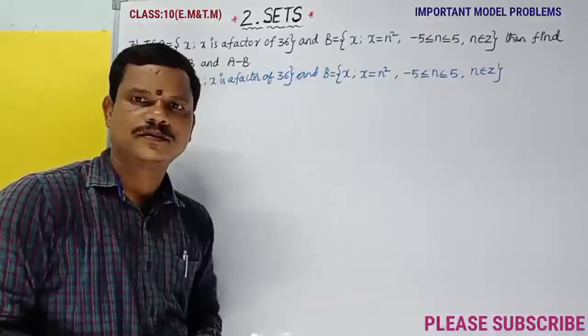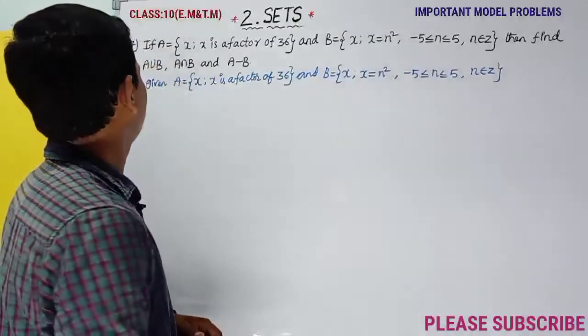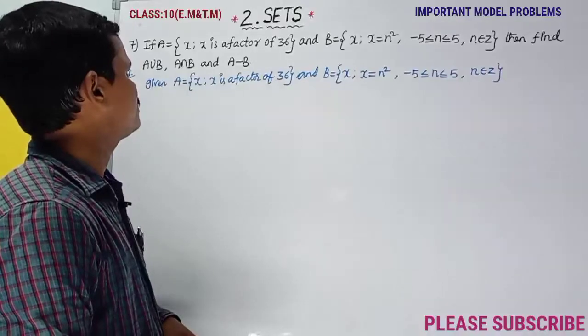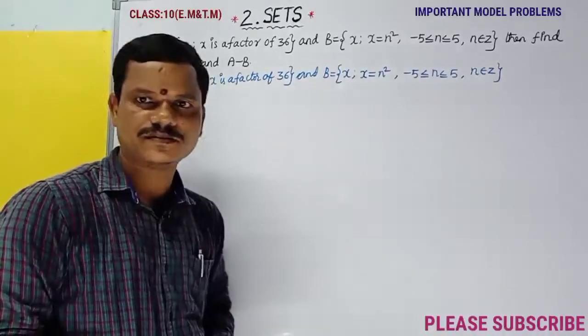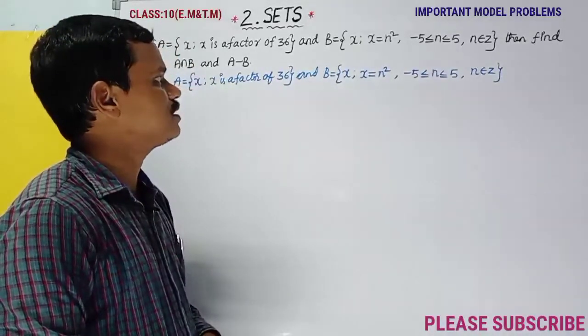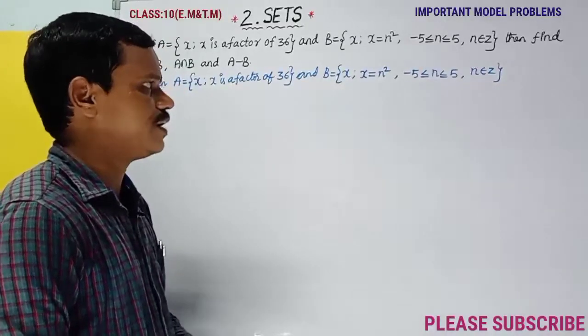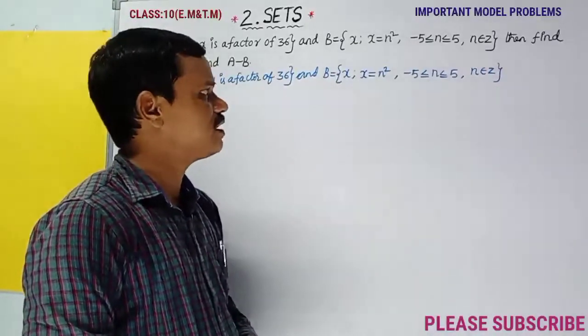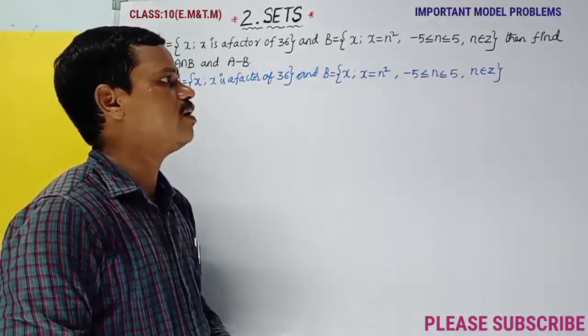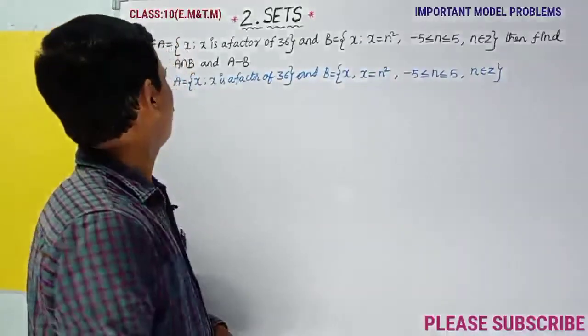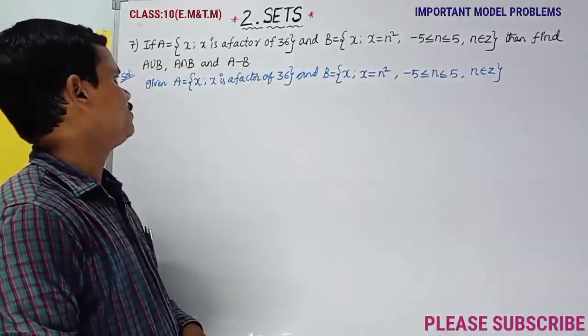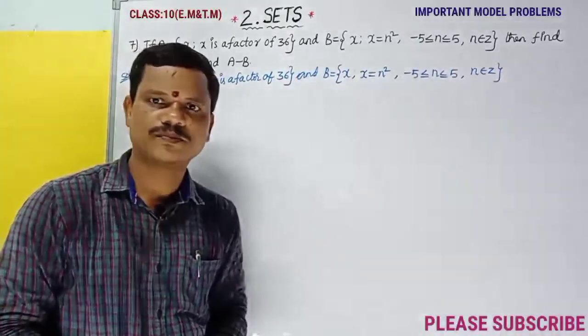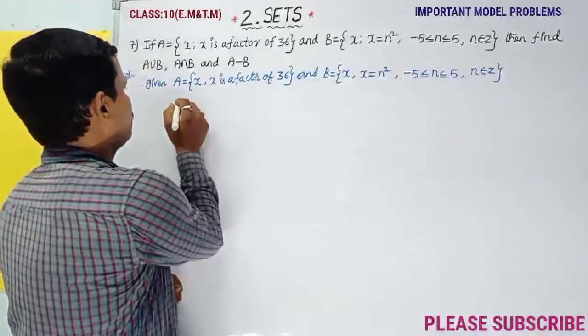Okay? 7th problem. If set A is equal to the set of x such that x is a factor of 36, and set B is equal to the set of x such that x is equal to n square, minus 5 less than or equal to n less than or equal to 5, n belongs to Z, then find A union B, A intersection B and A minus B. Okay, given A is equal to